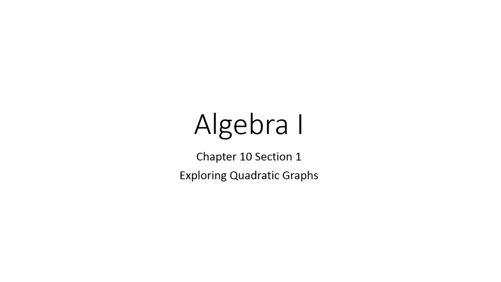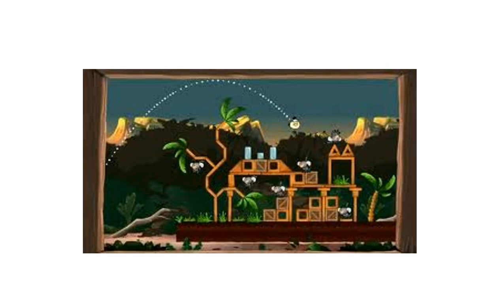Okay, so we're kind of doing a basic intro to start before we get into the deep teeth of these quadratic functions. So chapter 10, section 1, exploring quadratic graphs. Basically what a quadratic is, for those of you that might have played this way back when, in Angry Birds, anytime you launch a bird, a parabola is formed in some way or another. Sometimes it's more arced, sometimes it's more straight, but in the long run, it's still going to have this parabolic shape that is